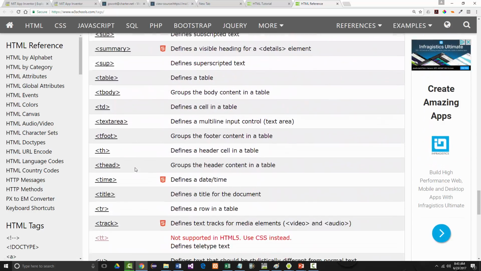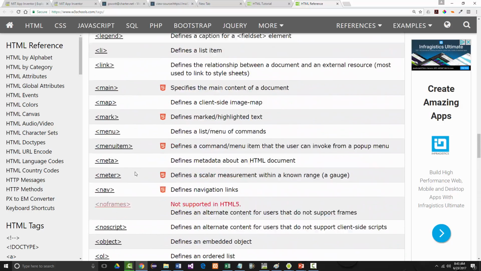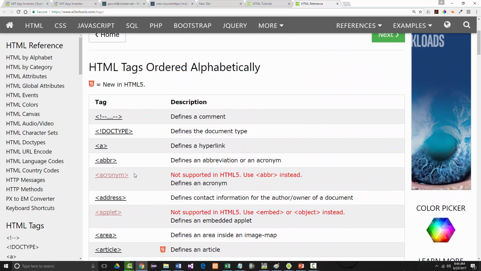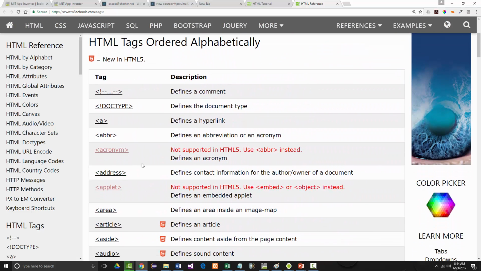There are probably upwards of 100. I don't know, might be a few more, might be a few less. On those tags, you'll notice some of them are kind of red and it says not supported in HTML5, which means those tags have been what are referred to as being deprecated. All right? So they're advised that with all new